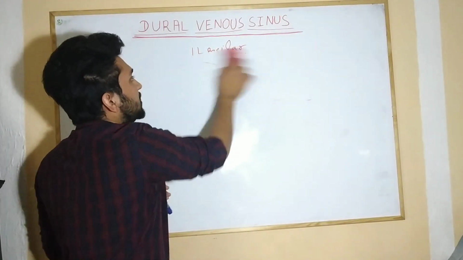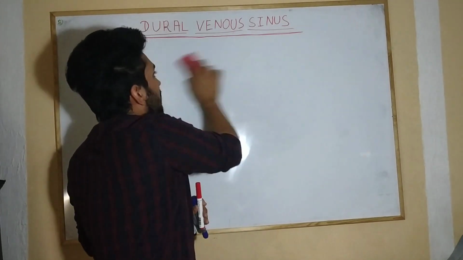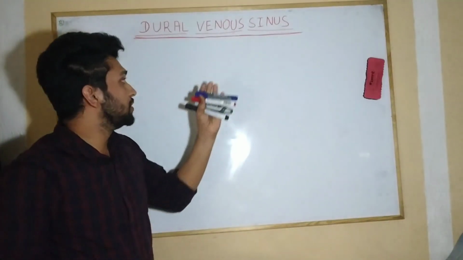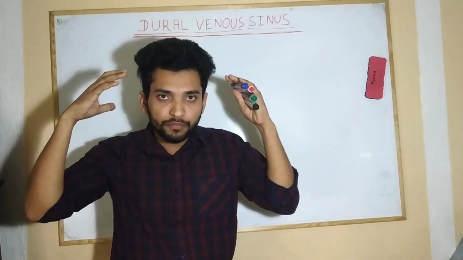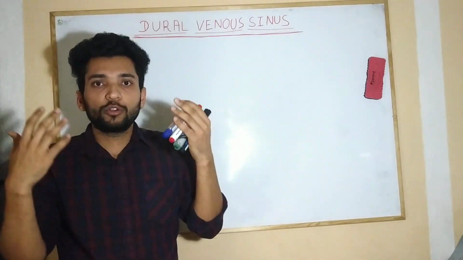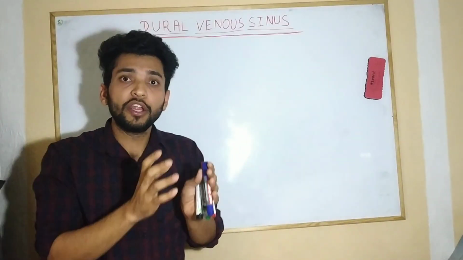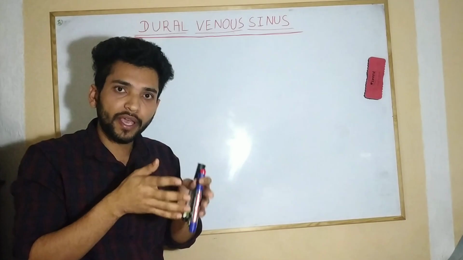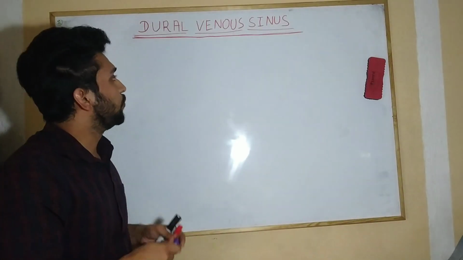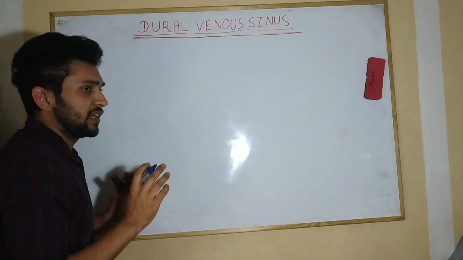Now we have to see the sinuses. Sinuses are made up of blood. All these arteries give blood supply to our brain, like the frontal cerebrum, occipital cerebrum, and also the temporal cerebrum. After that, the blood drains to the sinuses, and further it will make the internal jugular vein. And we're going to learn the sinuses.